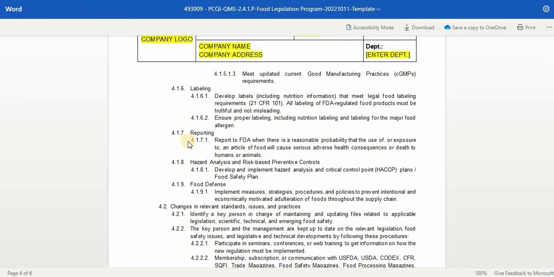Report to FDA when there is a reasonable probability that the use of or exposure to an article of food will cause serious adverse health consequences or death to humans or animals. Next is the hazard analysis and risk-based preventive controls. Develop and implement hazard analysis and critical control point plans, or the food safety plan. Lastly, food defense. Implement measures, strategies, procedures, and policies to prevent intentional and economically motivated adulteration of foods throughout the